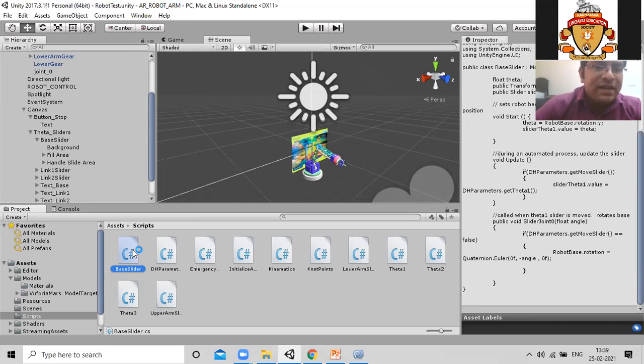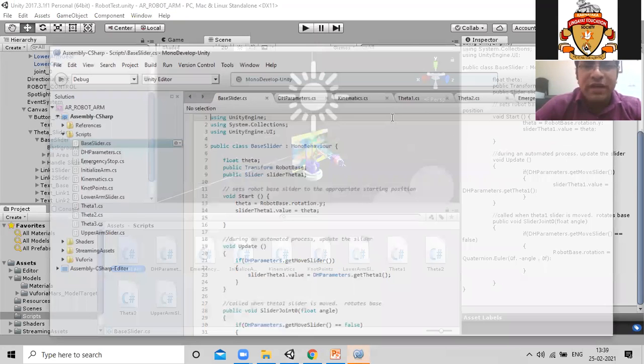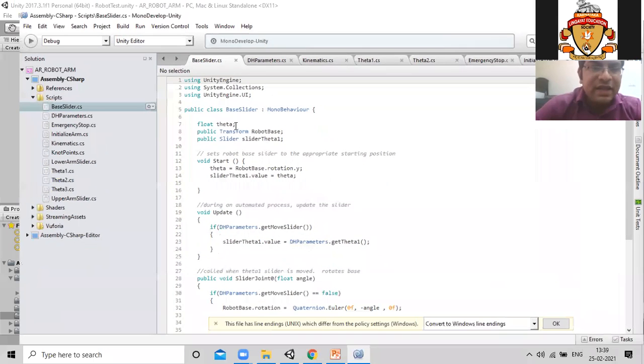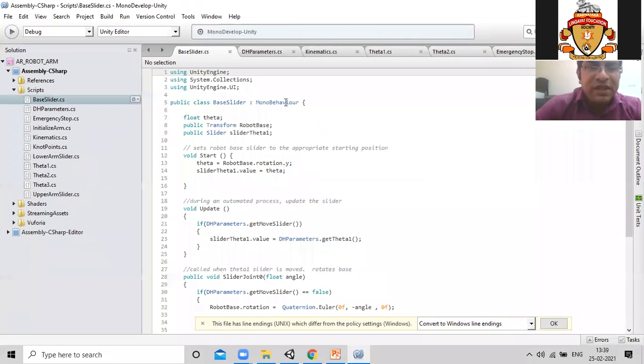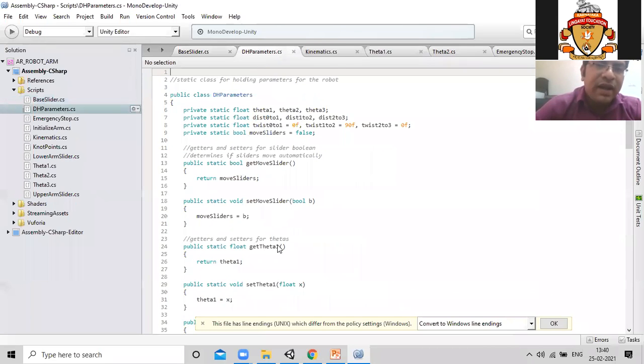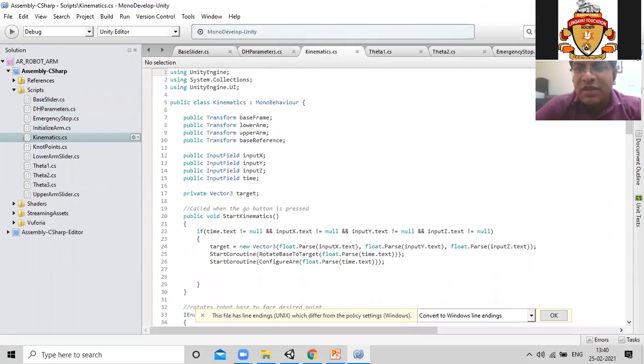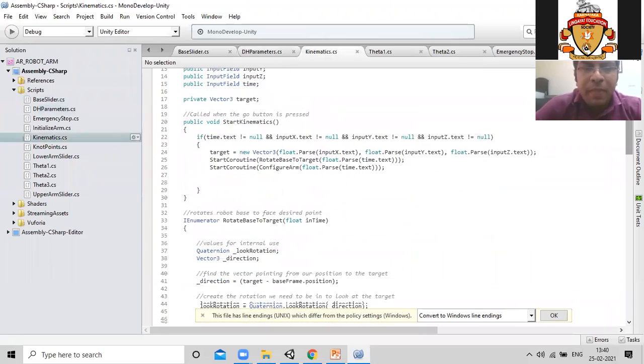Like this is the script in base slider. If I open it, this is the base slider script. It basically consists of the robot base and the robot rotation rate, and we can get the slider theta1 value by using the DH parameters. Now here is another slide on DH parameters, or Denavit-Hartenberg parameters, which is basically used for kinematics of the robot. And then there is the kinematic script. This is the main script.